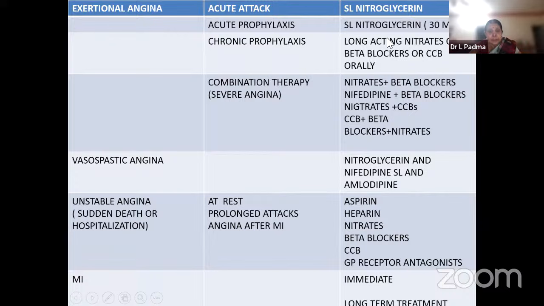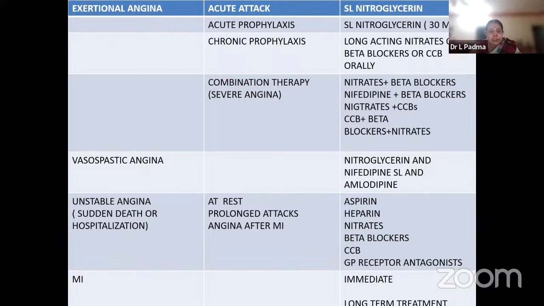If one is not sufficient, then combine, but never combine nitrates with calcium channel blockers. In severe or resistant angina, you can combine nitrates with beta blockers, or nifedipine with beta blockers, never nitrates with CCBs, and CCBs with beta blockers and nitrates in resistant angina. In vasospastic angina, nitroglycerin or nifedipine can be used, never beta blockers. Even in your dreams, you should say beta blockers are contraindicated in vasospastic angina or principal angina or